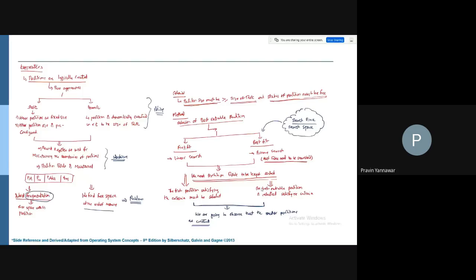So the accommodation of memory for a task becomes very critical.